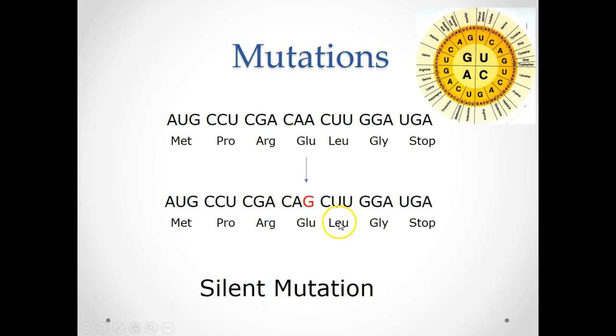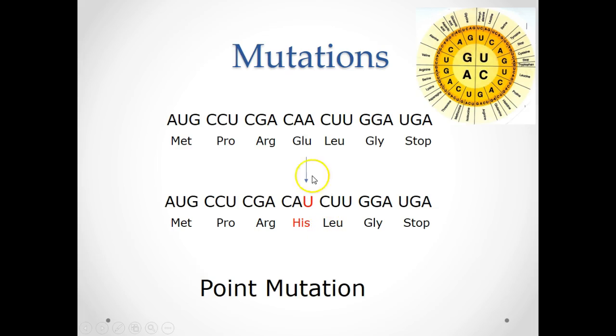You would still make the exact same protein. You would still start and stop at the exact same point. You would absolutely have no idea that you had a mutation in the first place. That is a silent mutation. A point mutation is identical to a silent mutation in that we are changing just one specific nucleotide, okay,